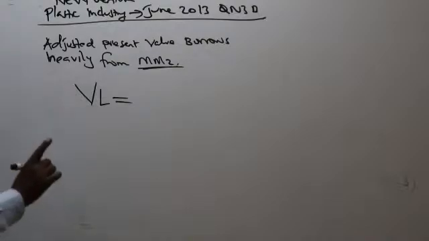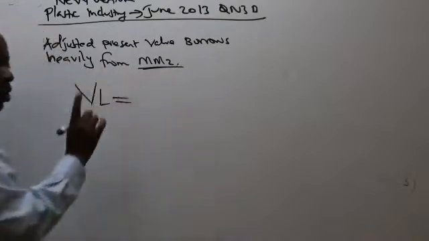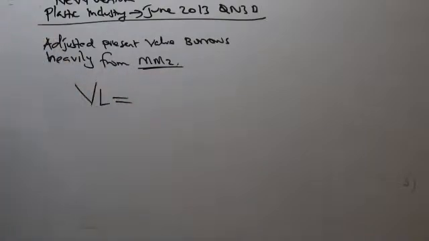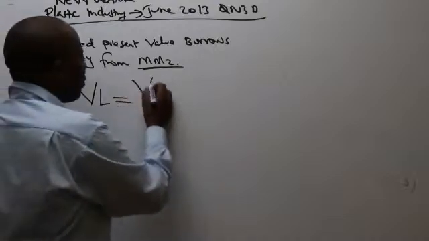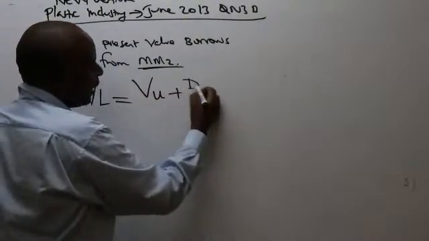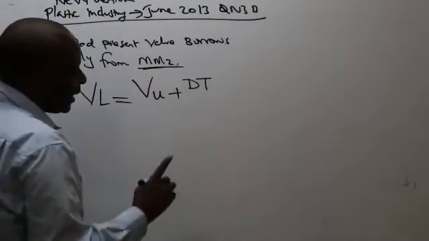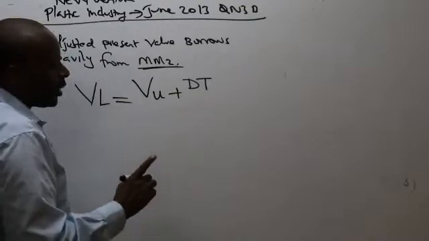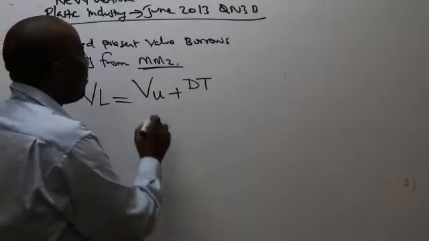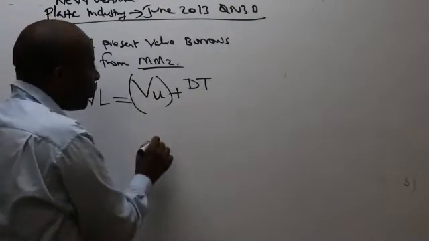And for us to get value of a levered organization for MM2, is there anybody who can recall the formula? Value of a levered firm equals who? I have value of unlevered, so it's value of unlevered plus what here? Plus DT. Thank you very much. Value of a levered firm equals value of unlevered firm plus debt times tax. Now, ladies and gentlemen, remember, according to MM2, basically this gives us the value of a firm